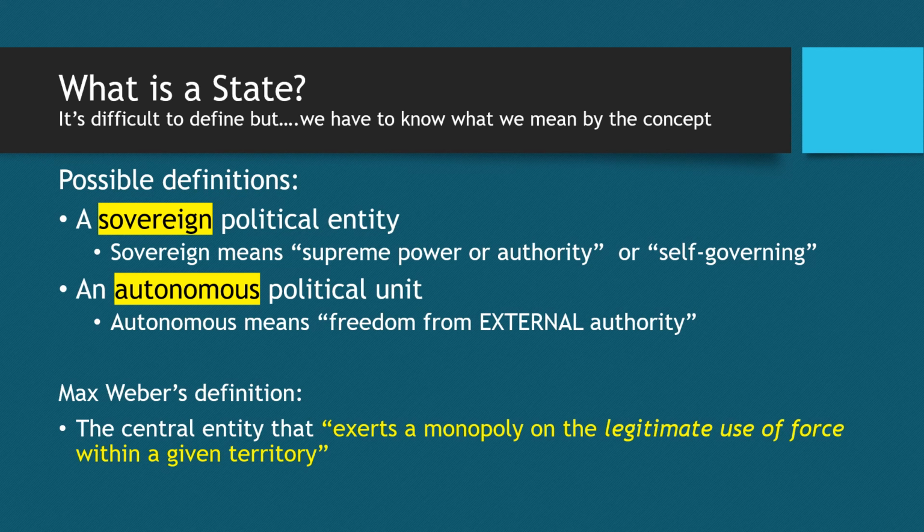In other words, if the United States government uses force to, let's say, put down an uprising or something like that within its bounds, it is absolutely within its rights to do that because it is a sovereign political entity. On the other hand, if Canada sent their army into the United States to